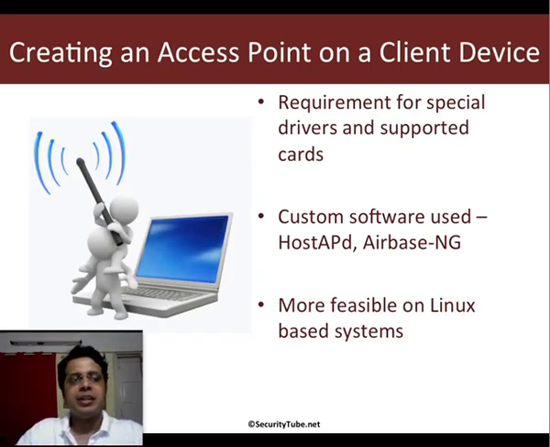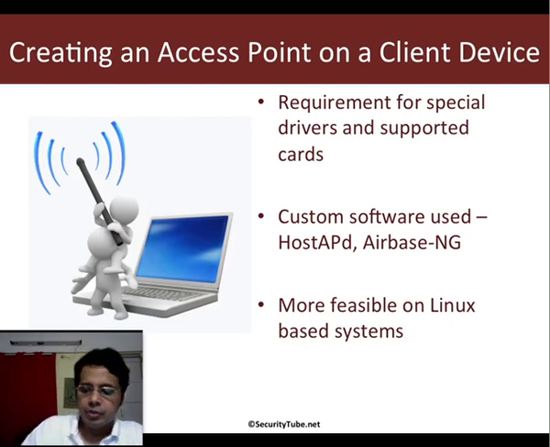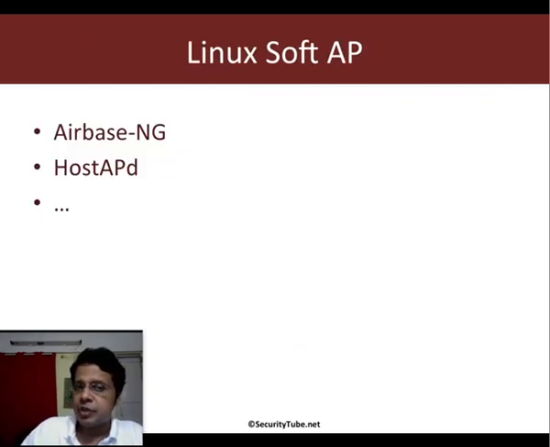Now coming to the topic, creating an access point on a client device. If you remember, in the case of Linux, we did a lot of interesting things using the Airbase-NG utility as part of the Mega Primer series, where we created all of these different access points: open, WEP, WPA and WPA2. So we know for sure that we can create an access point on Linux, but can we do the same for Windows? On Linux this is pretty much solved. You have hostapd and Airbase-NG, but on Windows there was nothing available